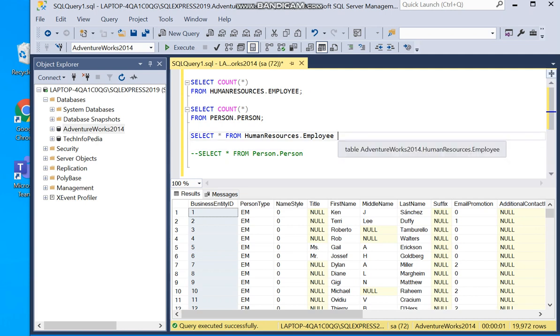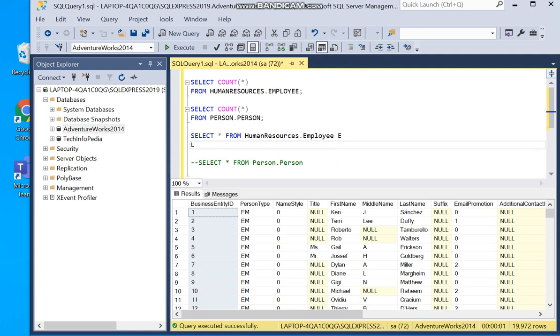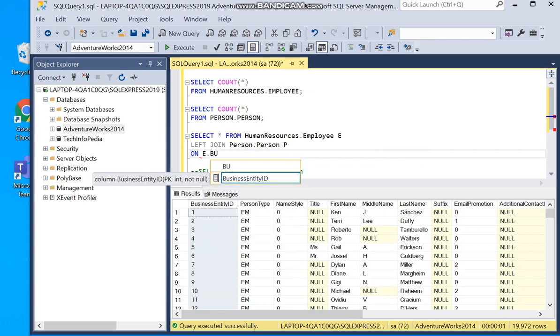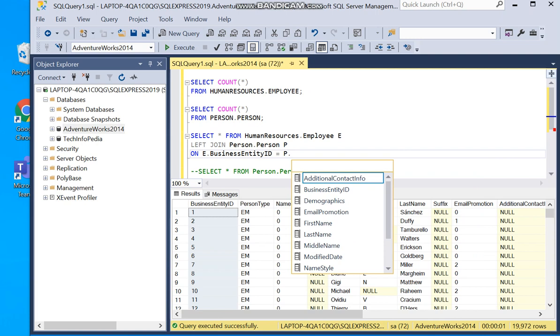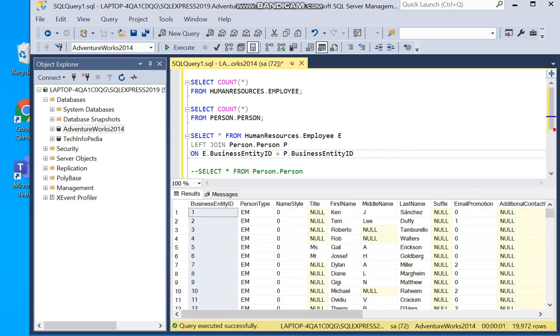So we'll join on the basis of this column. We give alias e to our employee table, left join person.person on, we'll give alias p, e.business entity id is equal to p.business entity id.